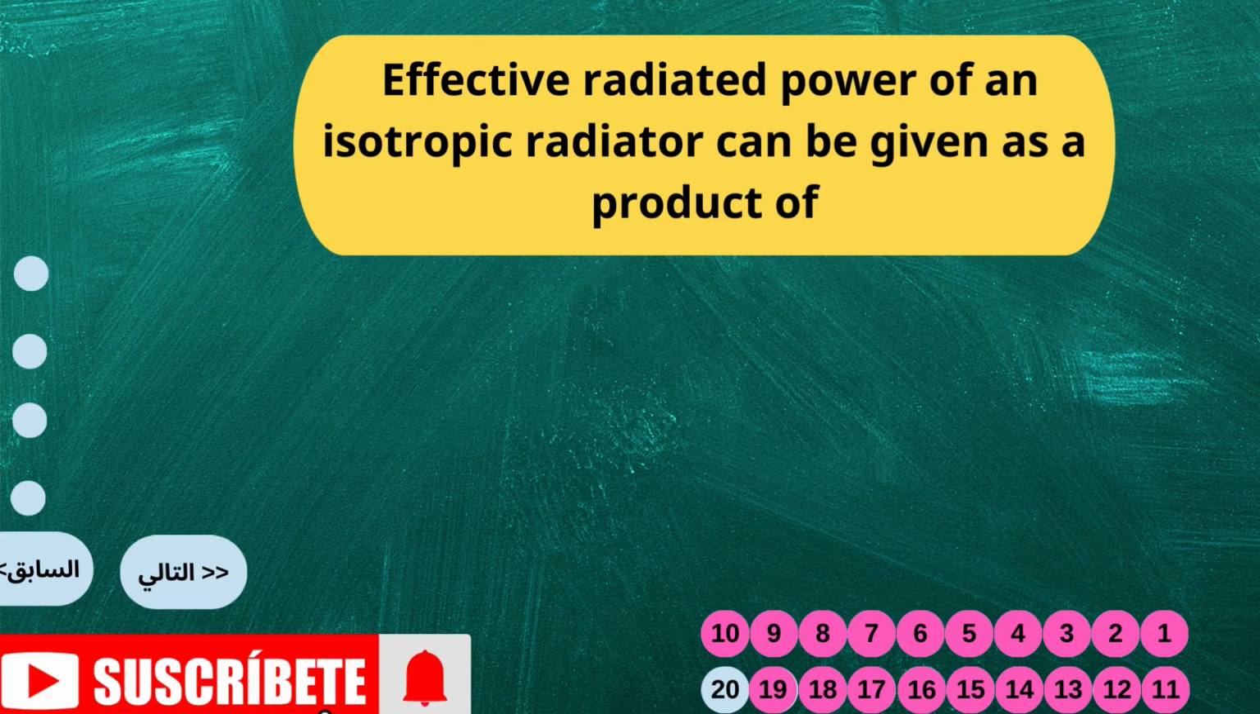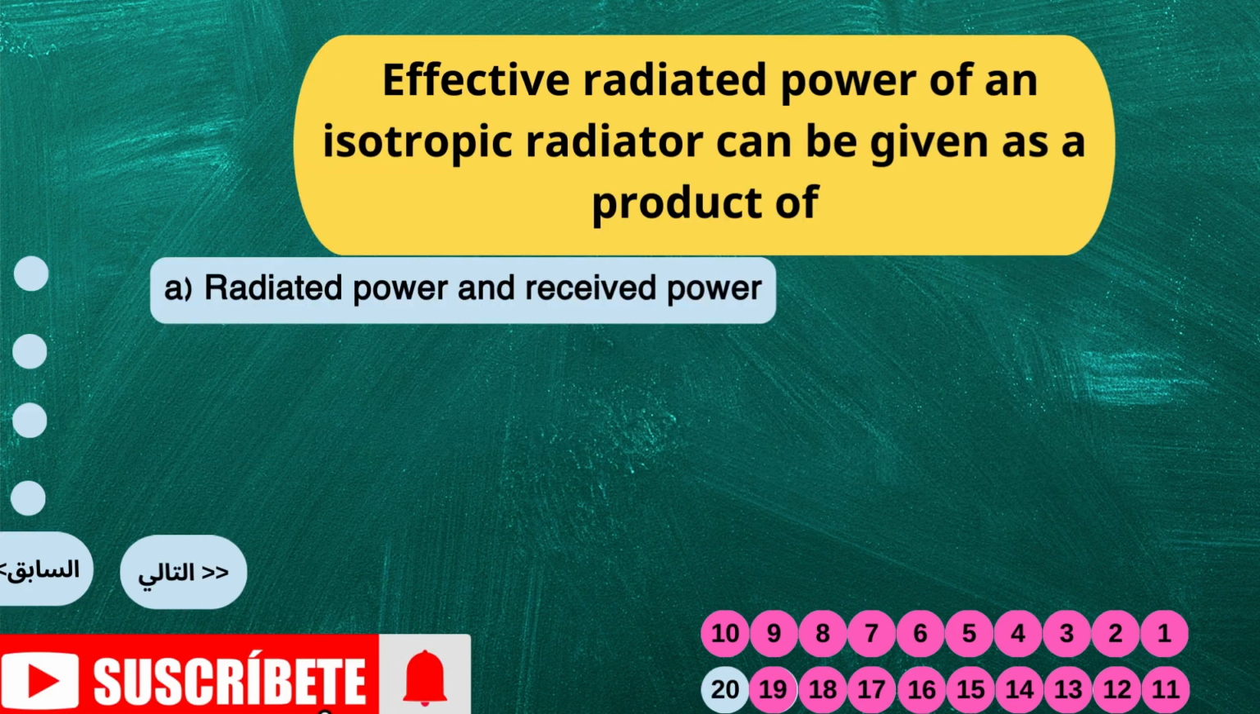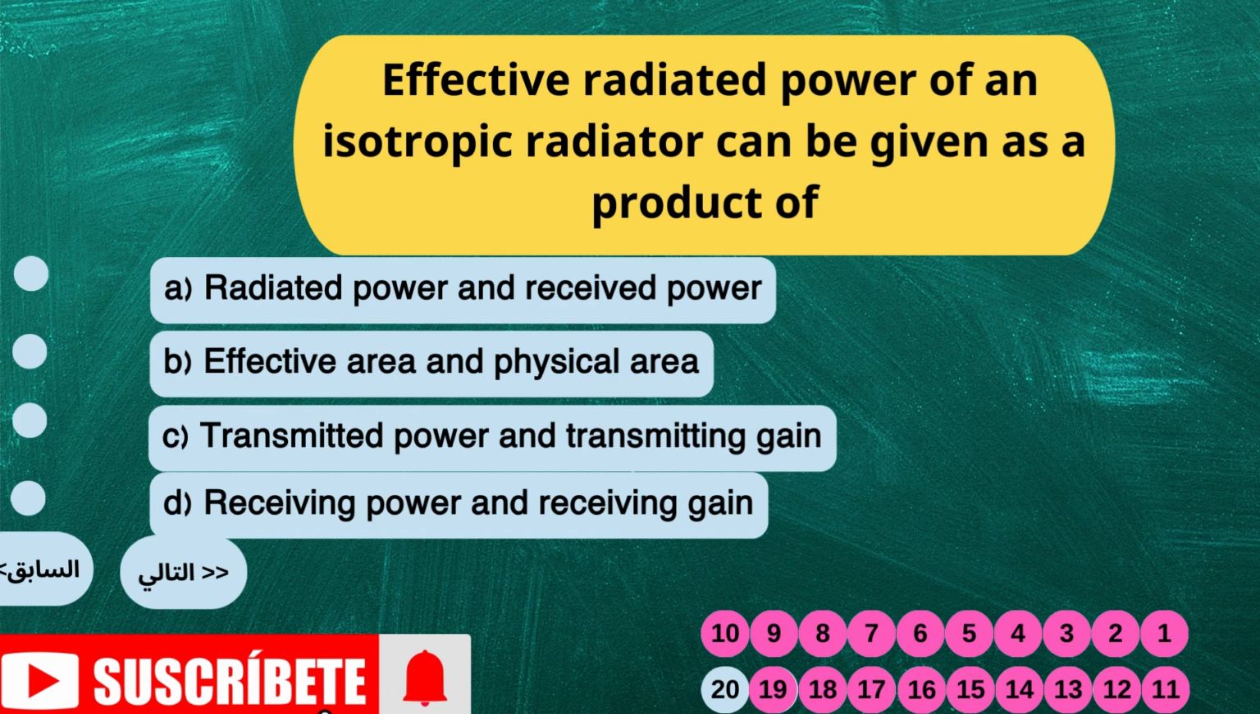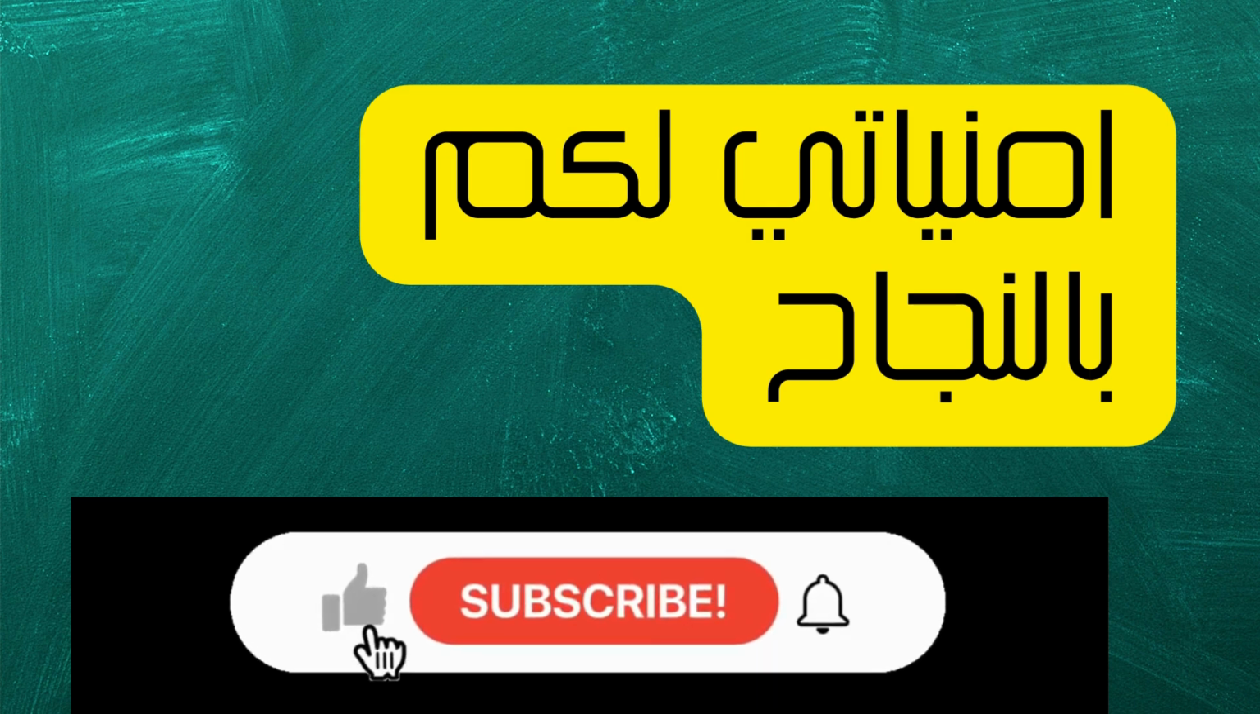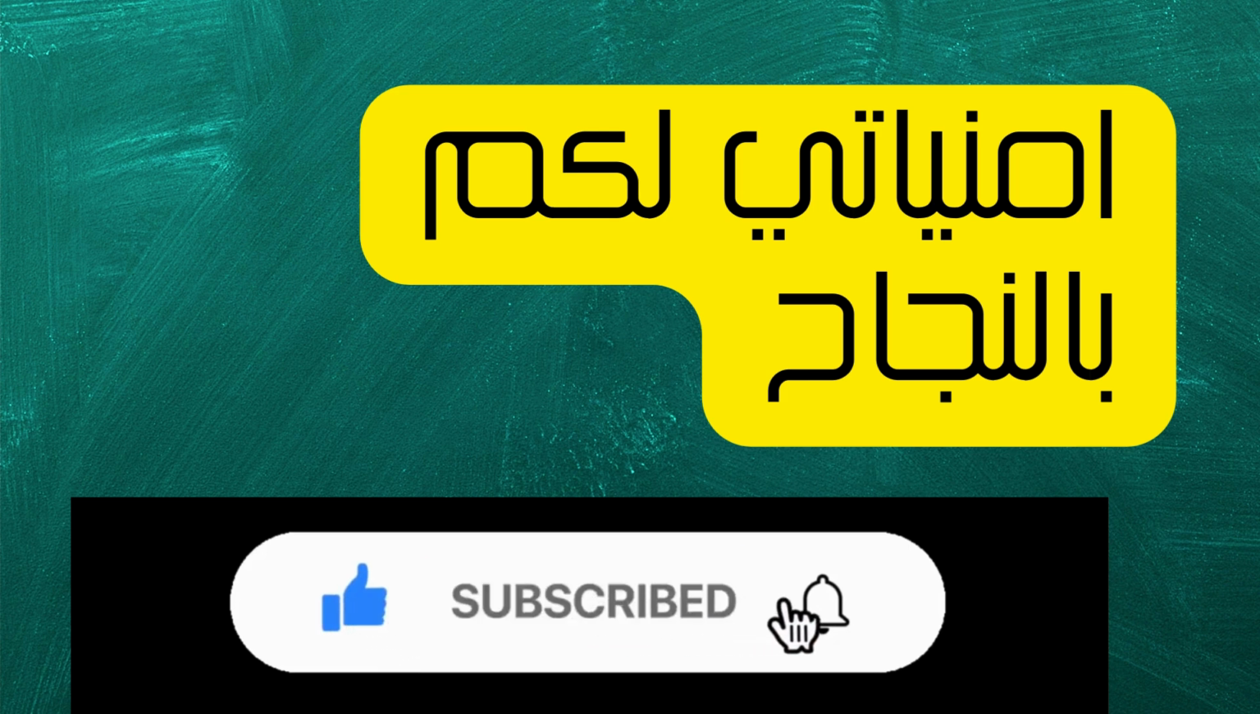Effective radiated power of an isotropic radiator can be given as a product of A. radiated power and received power, B. effective area and physical area, C. transmitted power and transmitting gain, D. receiving power and receiving gain. Answer C. Explanation. An effective radiated power with respect to an isotropic